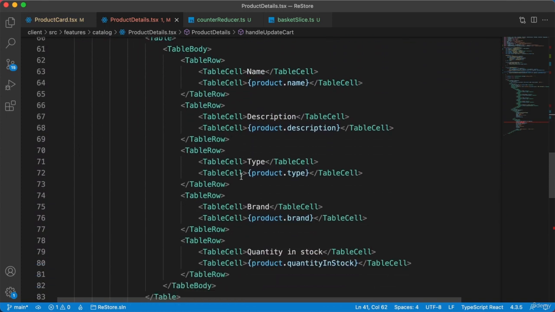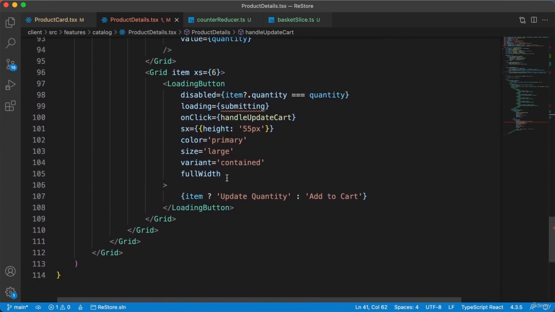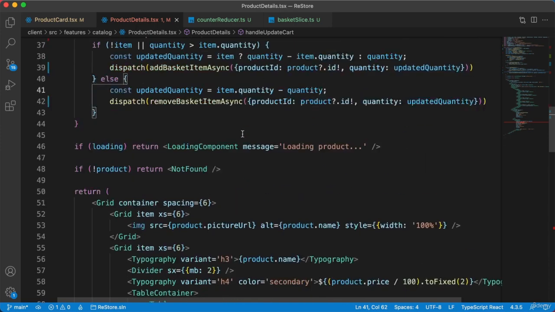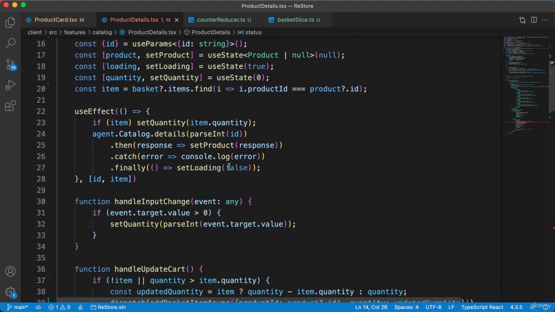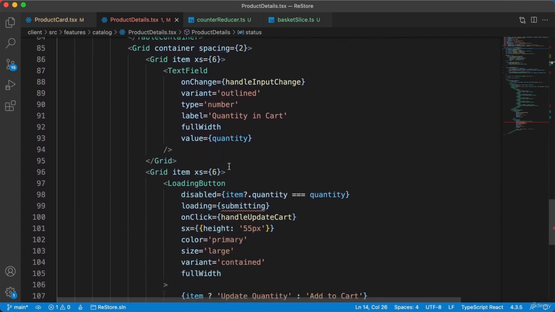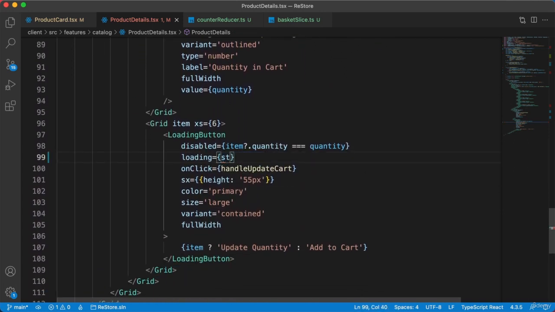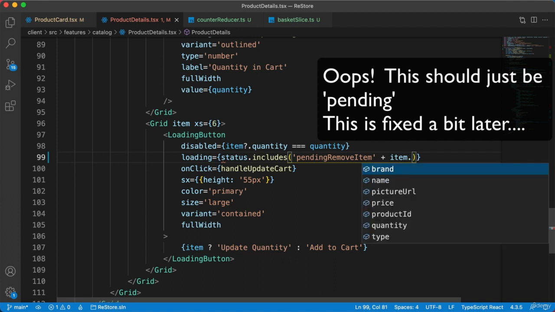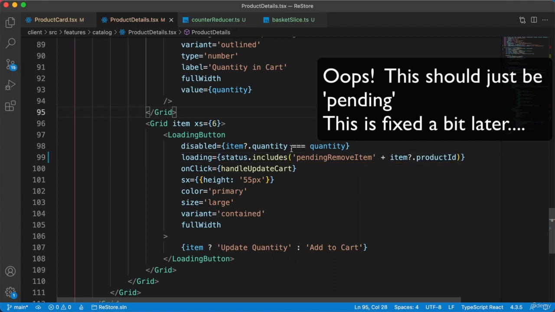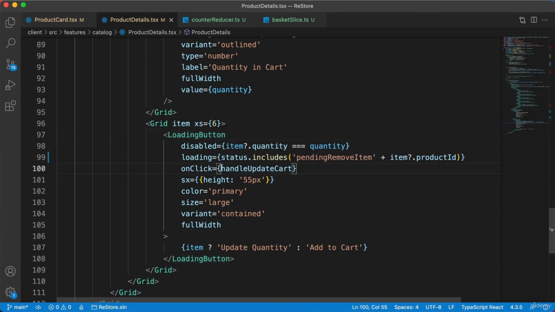So down in the code, in the component code, let's see what we need to update. We need to update the loading flag. Did we bring in status from the store? Nope, we need to do that. So we've already got the app selector for the basket. So let's just add status here as well. And let's scroll on down to the button. And we're going to check the status and see if it includes pending remove item plus the item.productId, and fully on click, and the function stays the same